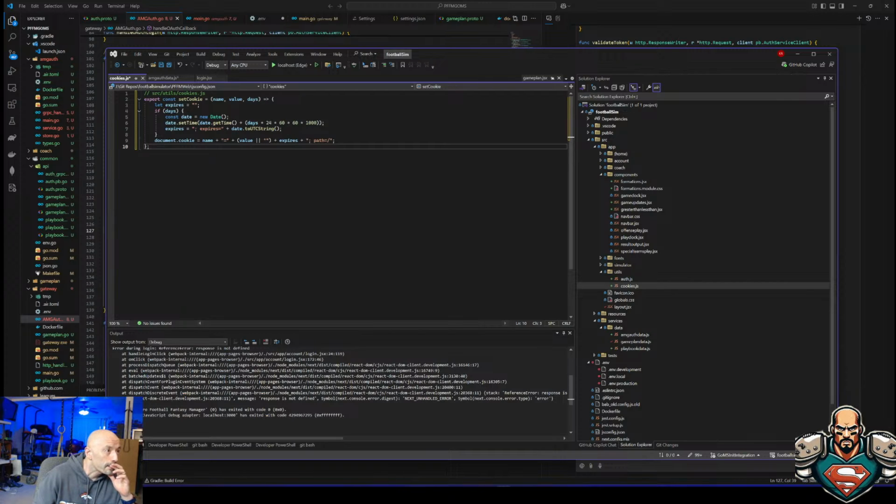Sure, this works. But ultimately, I think I'm going to have it fetch. I want the expiration to be defined by the database. I'll probably have to do something like that. That's actually something I'm going to put on a note.